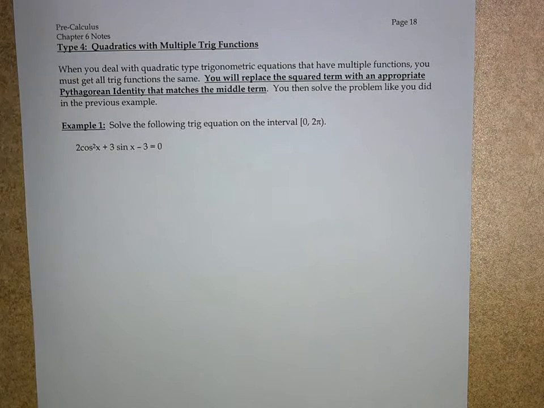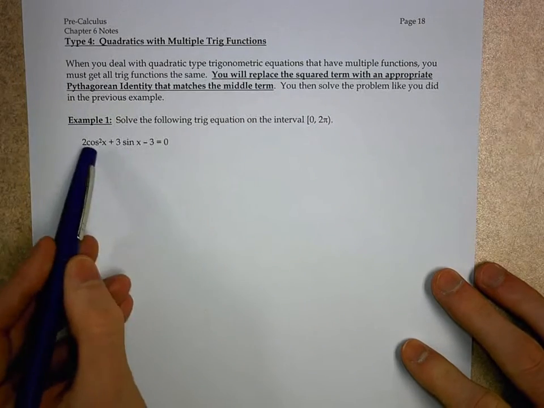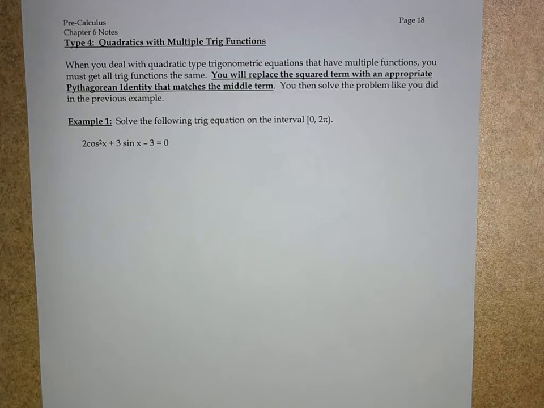The last type of trig equation that we're going to be working with is a trig equation that is a quadratic, but there's two different types of trig functions inside of it. Here I can see a cosine and I've got a sine. And when I run into the situation, I can't use quadratic formula or I can't use factoring in the way